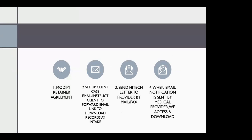All right, so we're going to talk about each of these in turn, but I want to briefly go over everything. The first thing you're going to do is modify your retainer fee agreements to allow us rights to access these records. The second thing you're going to do is set up a new client email, or if the client wants to, you can have the records sent to their email, or you can request it through an authorization, which I'll show you. The next step is doing what we've been doing the whole time, sending the high-tech letters to the providers by mail, fax, or using their own authorization. And then the last step is that when an email notification is sent by the medical provider, we access it